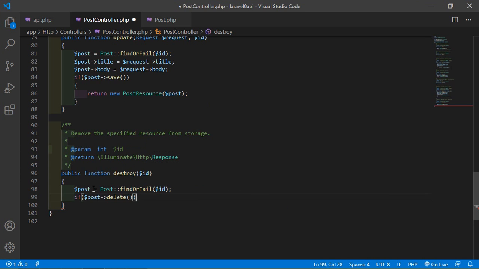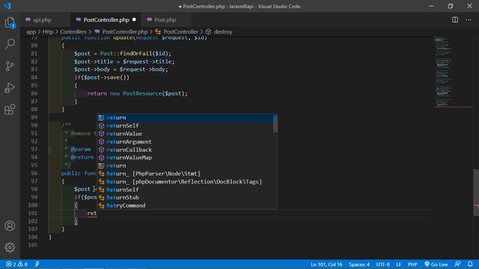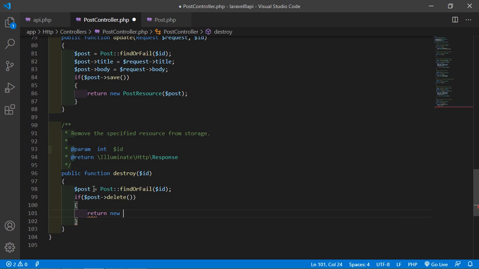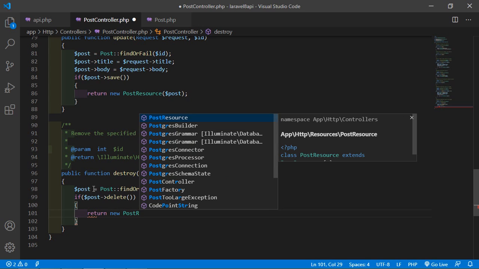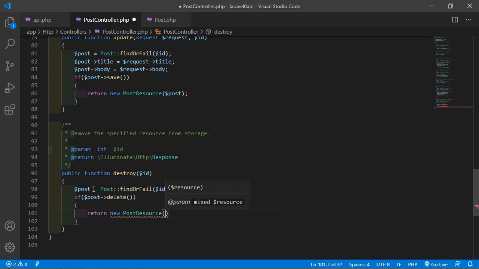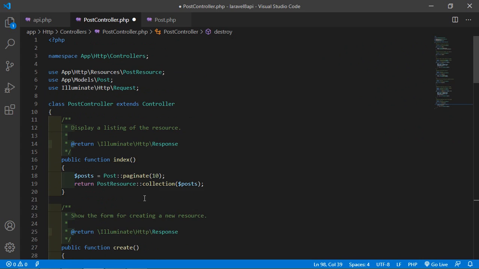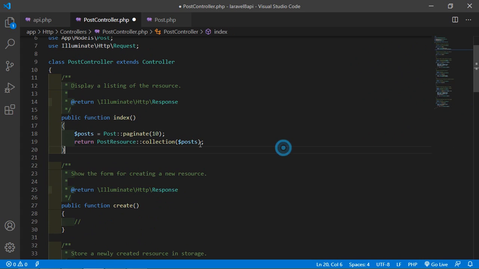If the record was deleted, just return here new PostResource, and inside this just pass here $post. Alright, all done. This method is used to fetch all post records.